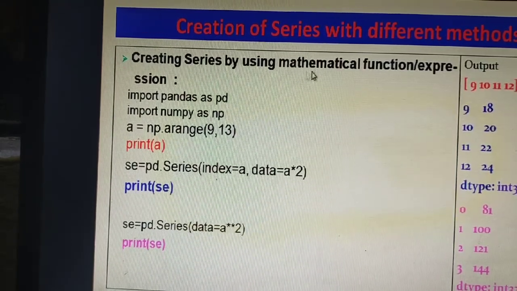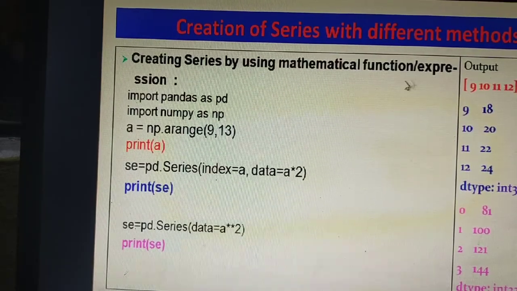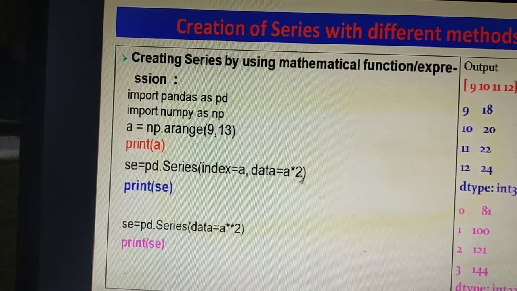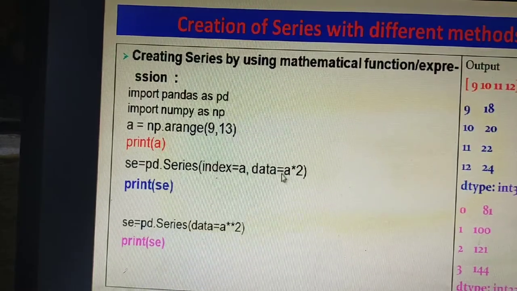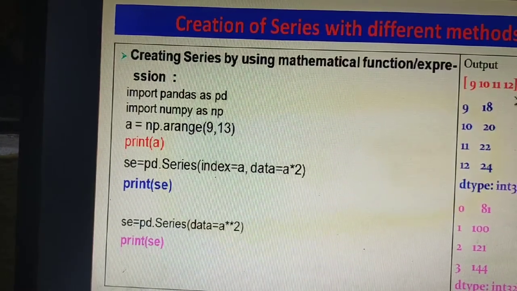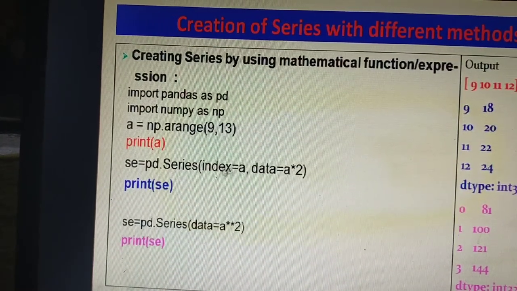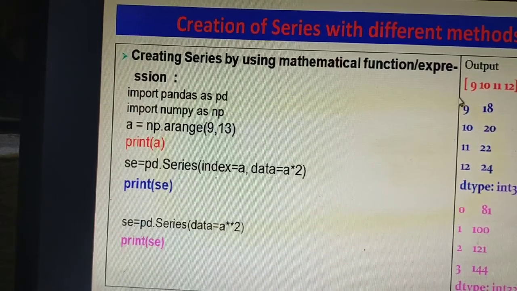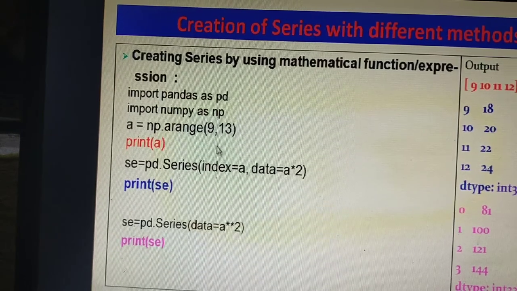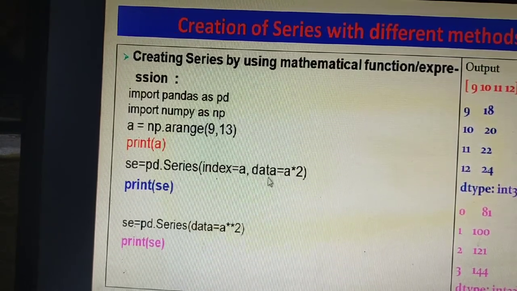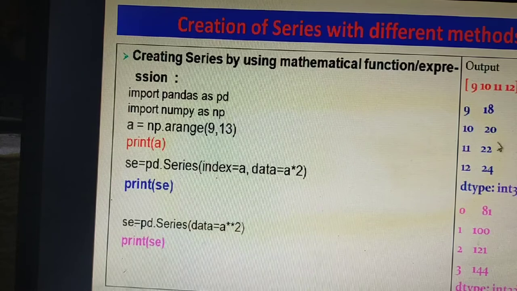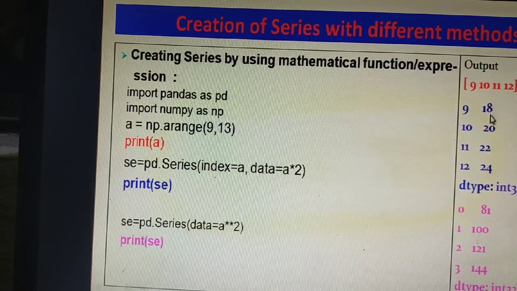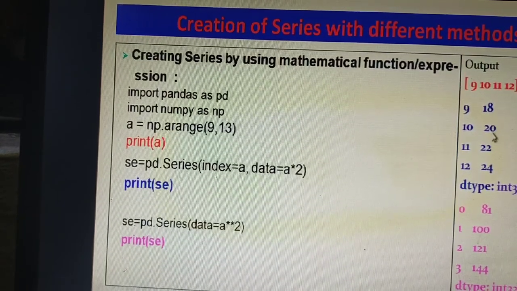So what topic is there? Using the mathematical function. Here we are using the mathematical function, multiplying the array by 2, and then we are creating the series. So index equals A will give you the index of the array, and then data A into 2 will display the data value by multiplying the array by 2.